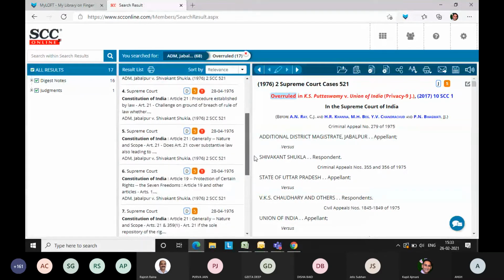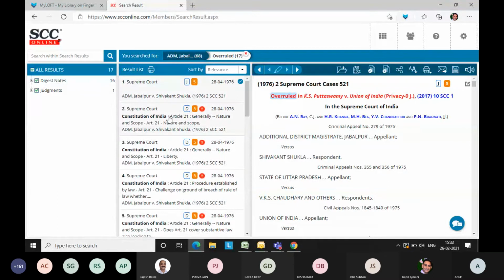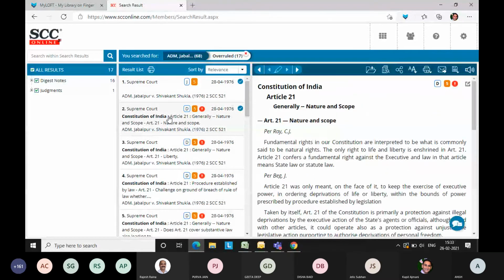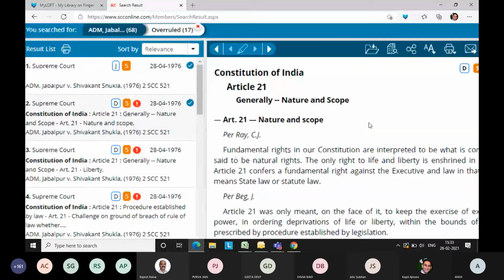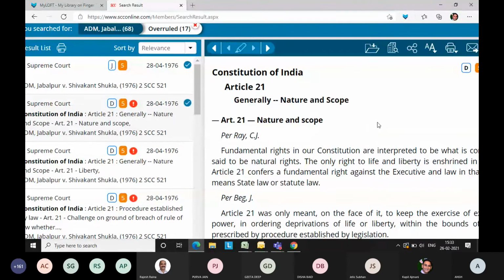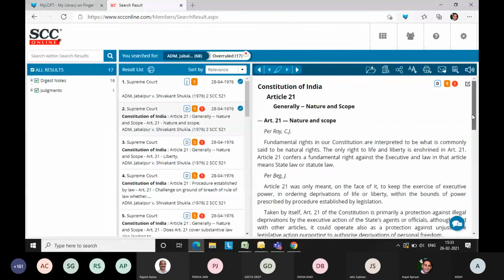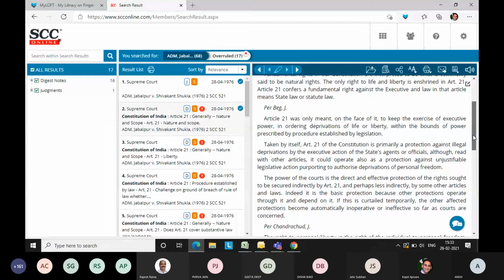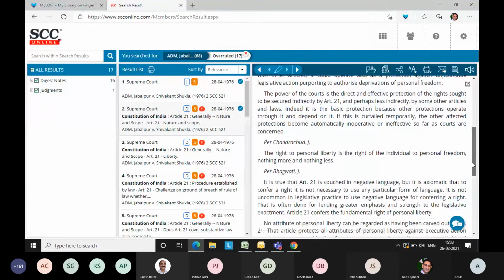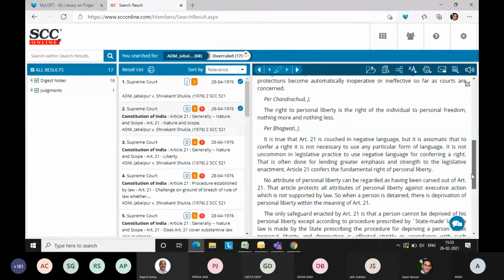Now, if we click on any one law point, say number 2, it is talking about the nature and scope of Article 21, fundamental rights. As per Chief Justice Ray, what's his opinion? Then scroll down further, you see the opinion of Justice Beg. And if there are more, they'll also be mentioned over here on the same law point.